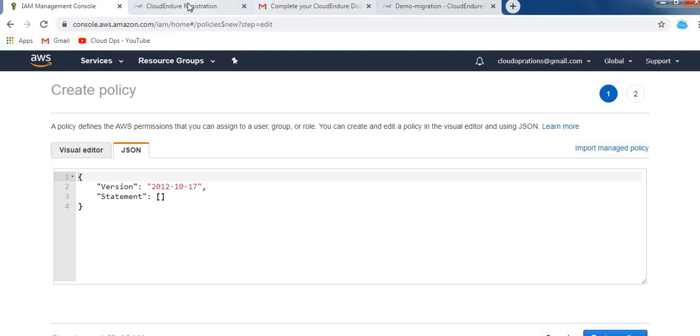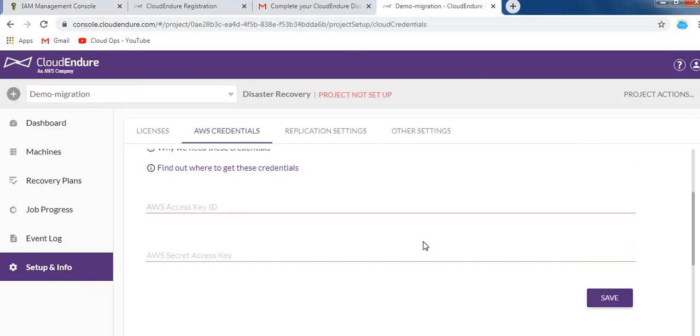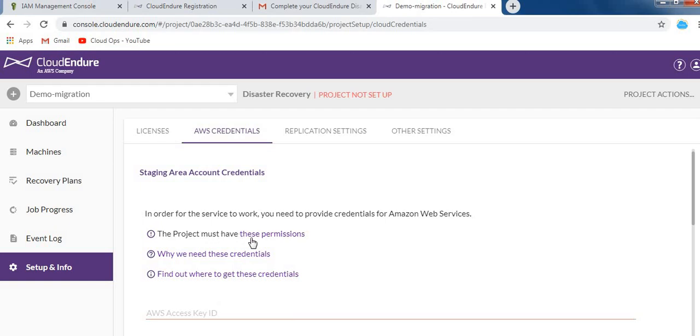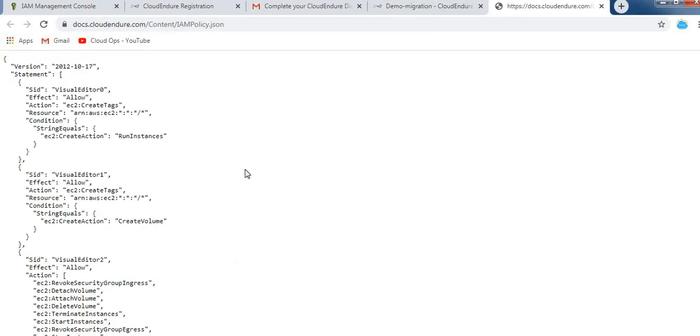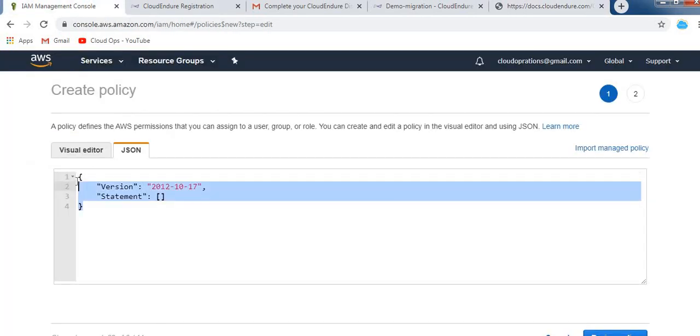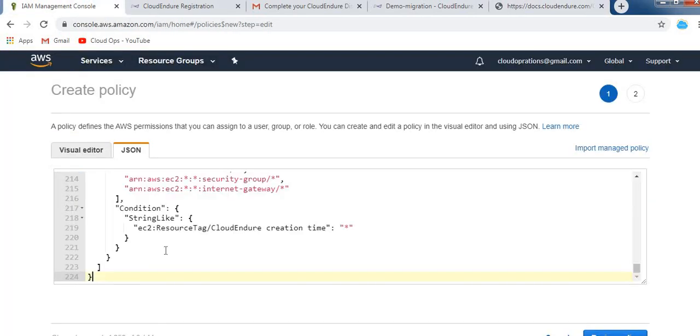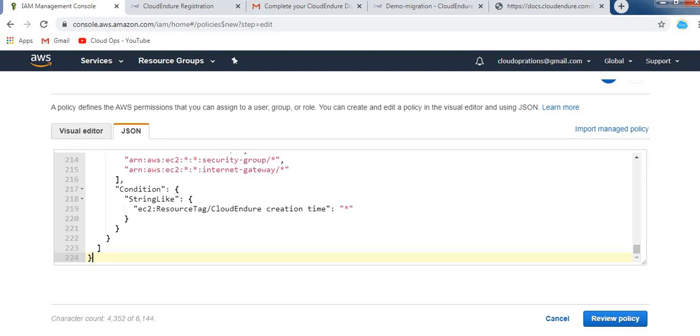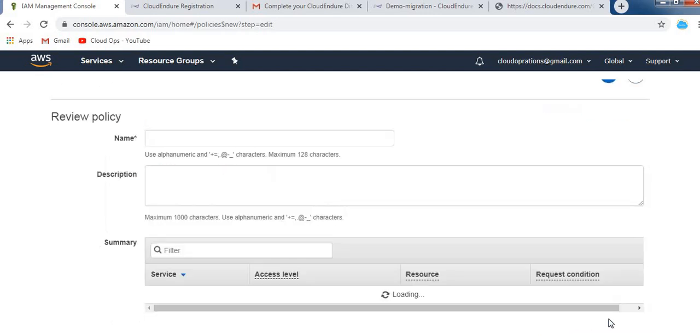Here on Cloud Endure, you can see the required permissions. Copy this entire content with Control C, paste it in the IAM JSON field with Control V, and click on Review Policy.